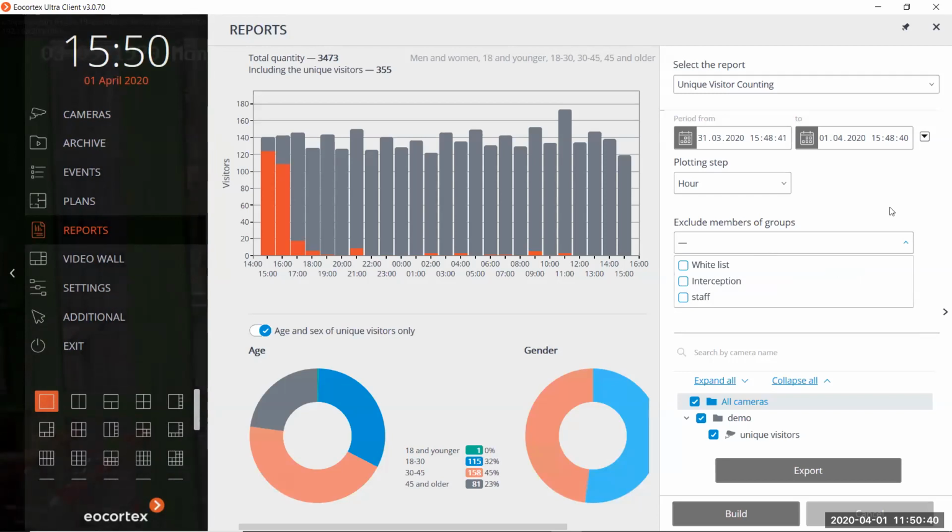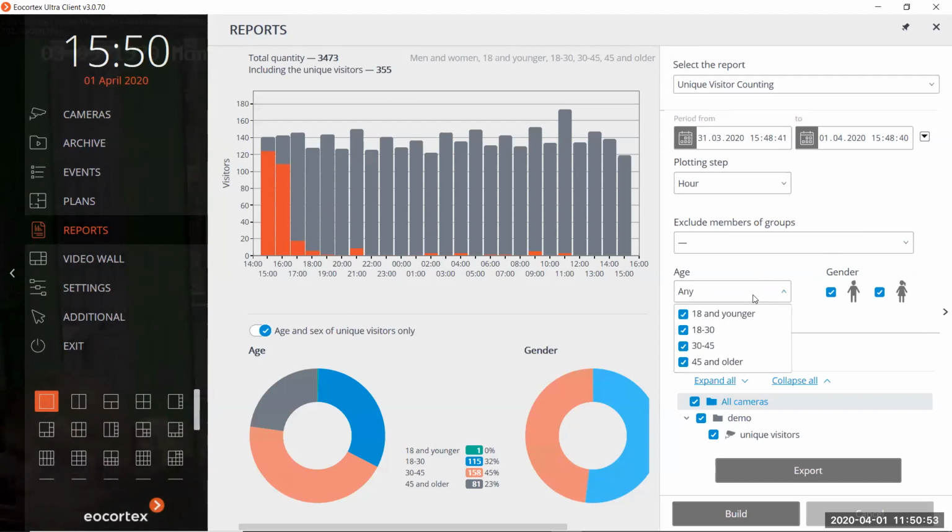That's very important because it raises the accuracy for the marketing team. Also, if it's required, we can create some exclusions for the age groups, not to count some age groups, or we can exclude one of the genders if it's important.